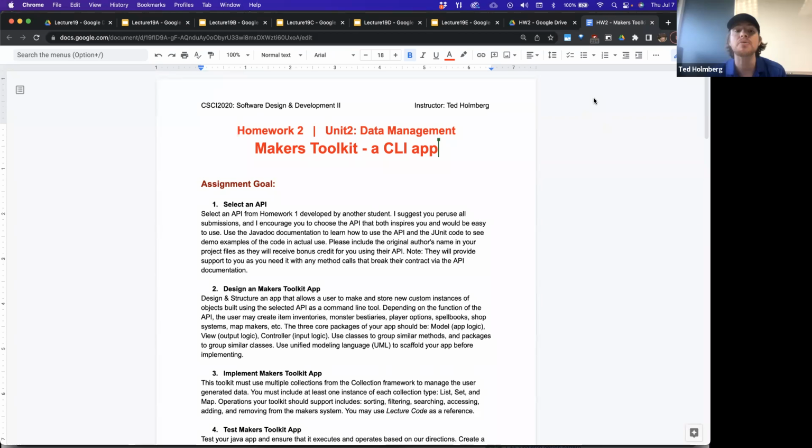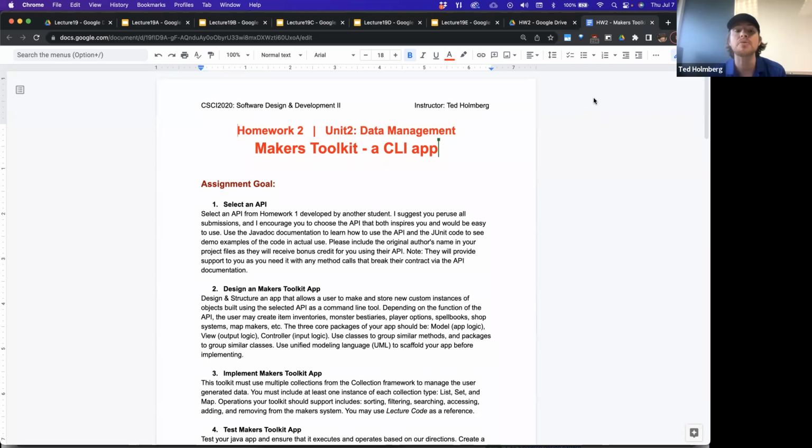And you can also look at the JUnit code that's submitted to see demo examples of the code in actual use. If it's a good test fixture, if there's a good test plan with the JUnit code, you should be able to see how all the methods and all the classes are effectively called,